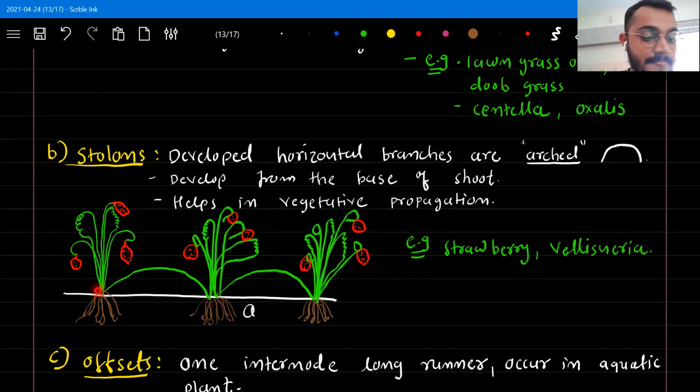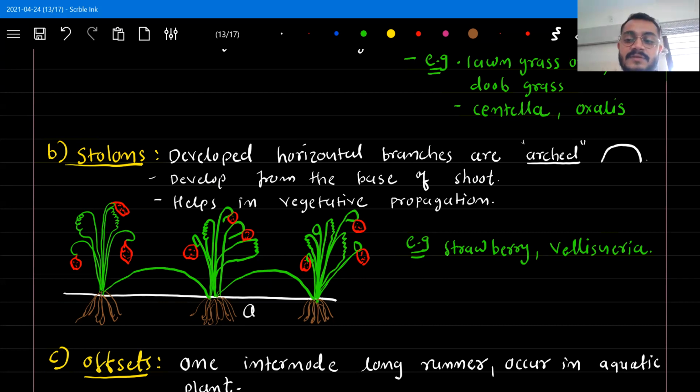Now, see, this is the plant here. I have just grown one plant here. So now what will happen? It will develop one horizontal branch, and after some distance, that horizontal branch will again move into the ground. At that ground, it will develop the rhizomes and the stems from there, and this is how it will develop the new plant. After maturation, this plant will also do the same, and it will also develop another new plant.